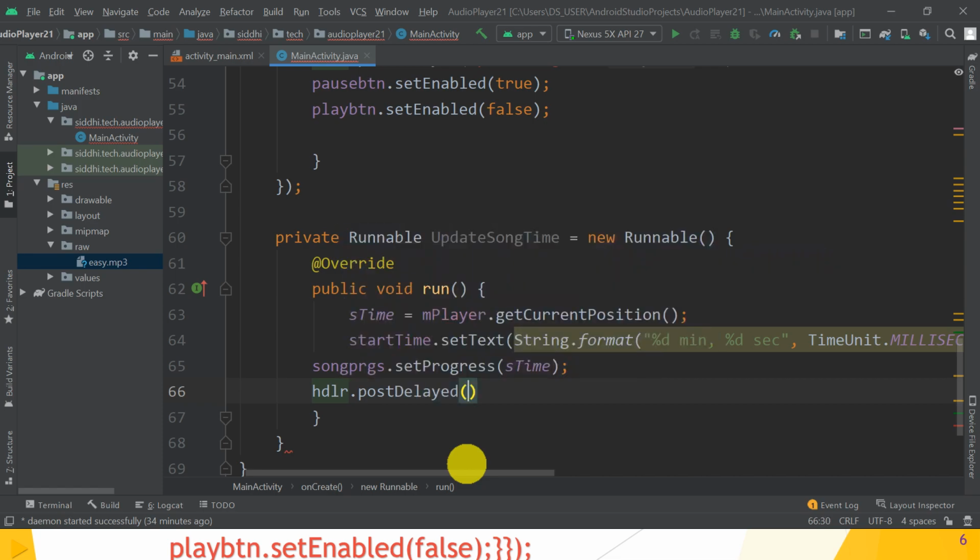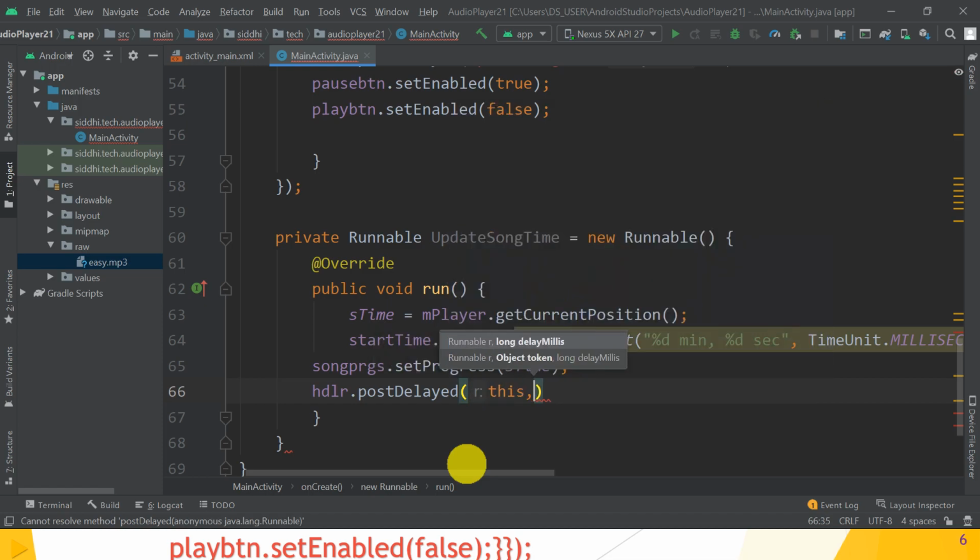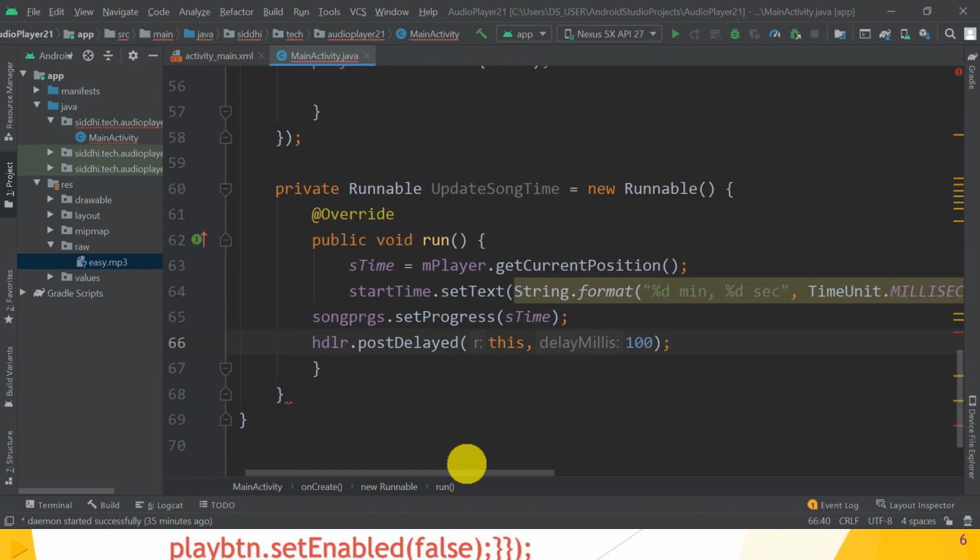Post delayed, pass the current runnable object, that is this, comma, how many milliseconds duration we have to call this method again and again. Great guys, so hope you understand.